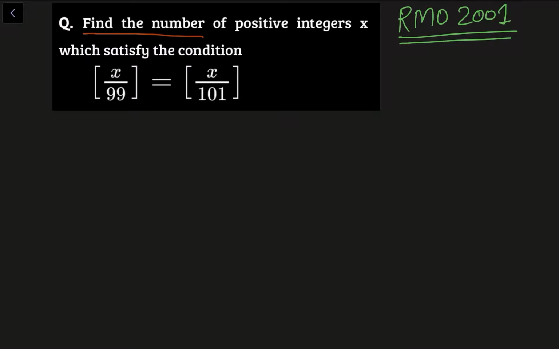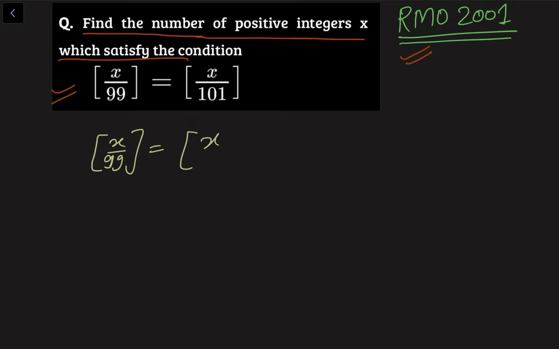This question is taken from RMO 2001. It says: find the number of positive integers x which satisfy this condition. Now let's see how we can approach this question. First, analyze this equation: the integral part of x by 99 is equal to the integral part of x by 101. When this quantity is equal to 0...